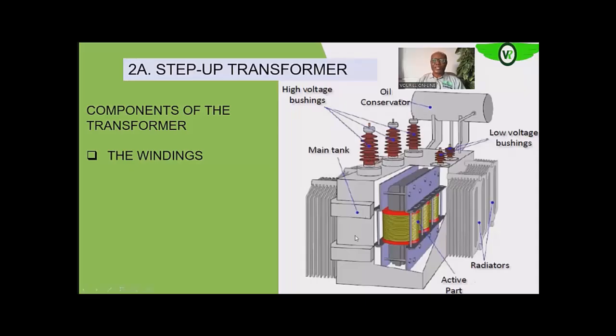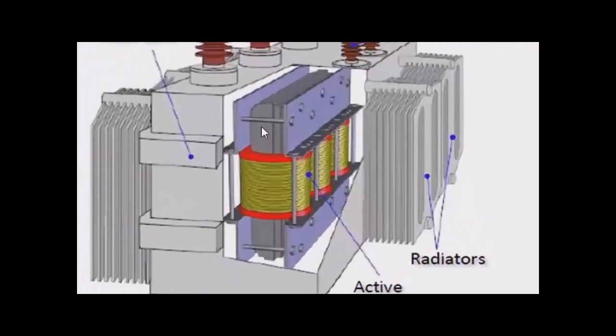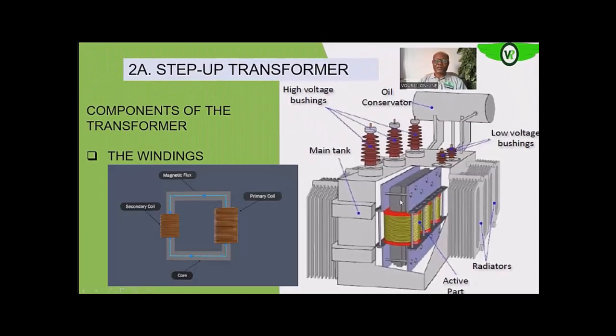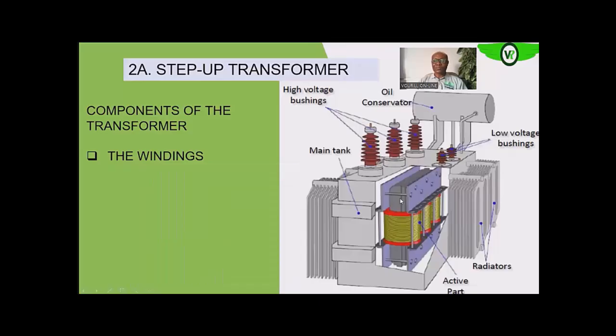So the major active component, as we said, is the windings, and that is where the transformation is done. When you also look, you see that we have the transformer core, and then we have a former on which the winding is wound. This core's major function is to concentrate the magnetic field that the primary windings generate onto the secondary winding, so that we can have the maximum induction as much as possible into the secondary windings